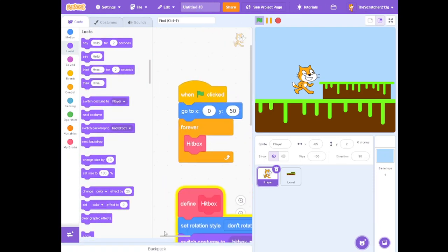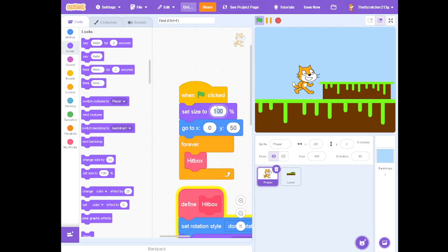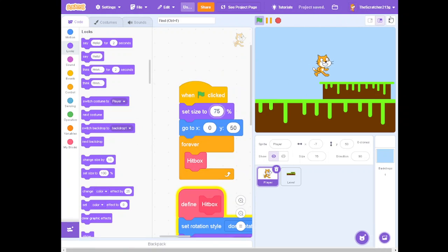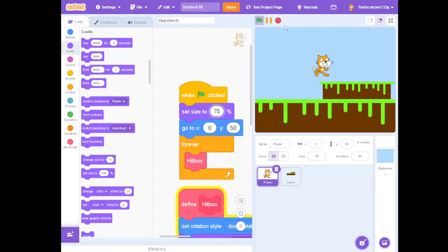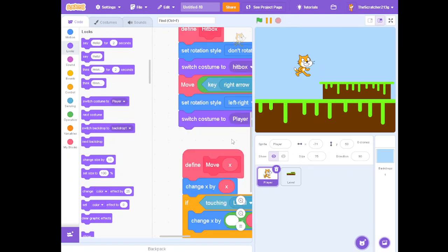Oh yeah, let's also set the size as well. 75. Yeah, it's smaller. And now, there we go. Now, our game is pretty good. But now,